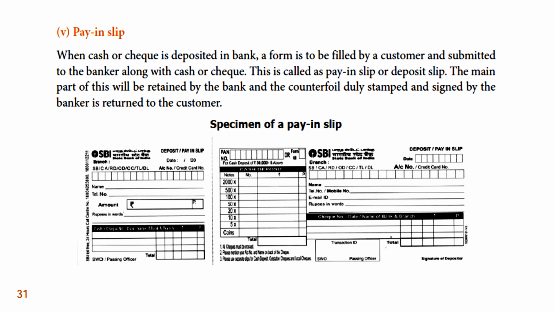So all those details we need to fill in and give. So pay in slip means deposit slip, don't ever forget, giving it inside with the cash, how much you are going to deposit. Okay, and the next one,